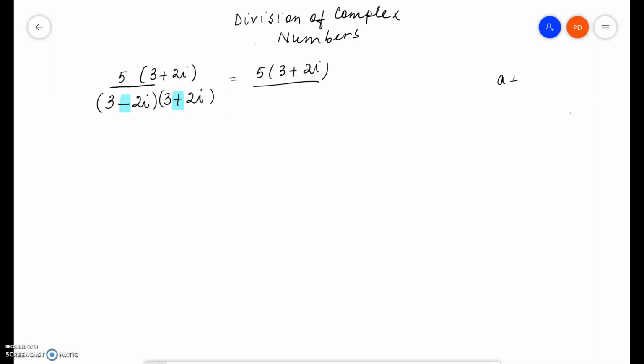3 minus 2i. So a plus b times a minus b is a squared minus b squared. It's a difference of squares. So it's 3 squared minus 2i the whole squared. Now all we have to do is simplify this expression. So the numerator is 15. 5 times 3 is 15 plus 5 times 2, 10i